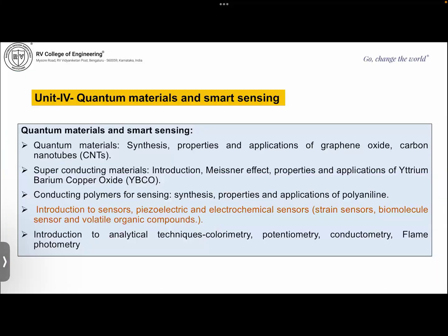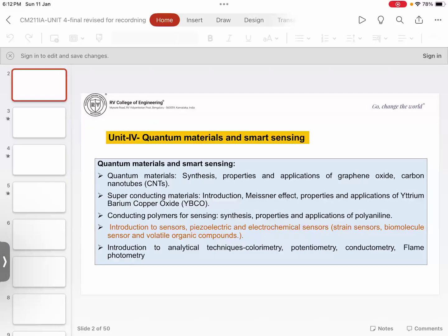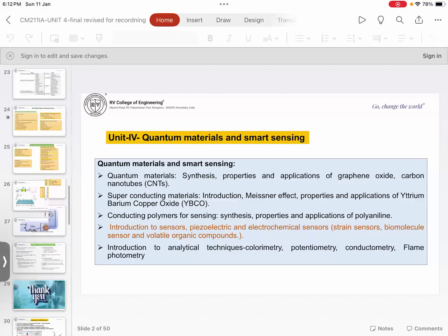So this is the syllabus of Unit 4. In my previous recording, I have covered in detail about electrochemical sensor. In this, I'm exclusively discussing piezoelectric sensors. Let me go to that piezoelectric sensor